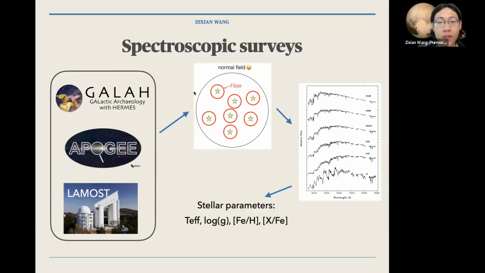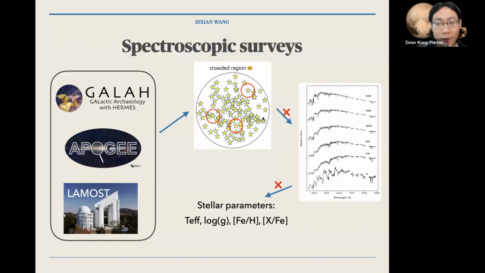But the normal field is just like that, that's why they are called normal. We also have special fields. For example, if we have maybe thousands or hundreds of thousands of stars in a field of view, and each star is very close to each other, then if you still want to use the multi-fiber spectrograph to take the exposure, for example, if you want to put your fiber onto this star, what you find is that the light from this fiber will be contaminated by its nearby stars. And then it's very hard to obtain the individual stellar spectrum,